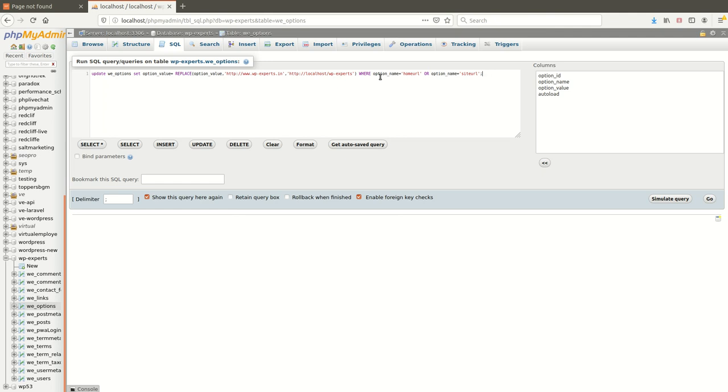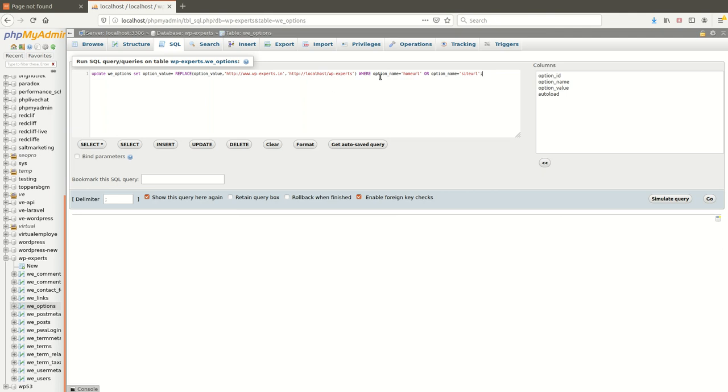This query is completed to update the URL in the options table. Okay, UPDATE table name, here the table name is wp_options. Maybe you are using wp_ as the table prefix, so your table will be named wp_options. If you are using any other table prefix in your website, then you will need to change it accordingly. After that, SET value. After the value I have used the replace function.